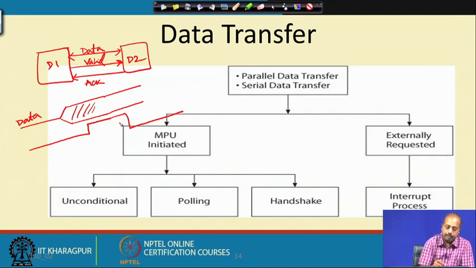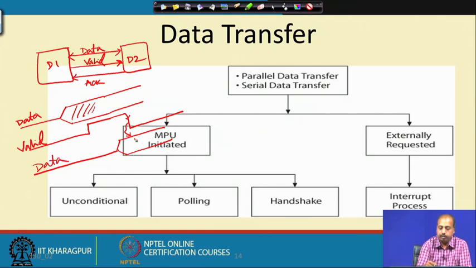While the valid signal is falling down, at that time the data is received by the receiver. So this data will be received by the receiver in the receiving device like this. This falling edge will trigger the data received. This is the data at the receiver end. The data is received here, and after the data has been received,